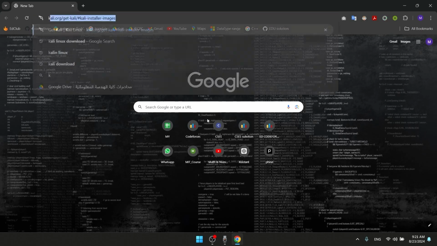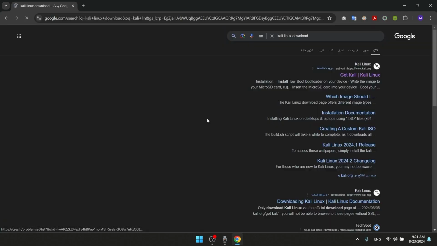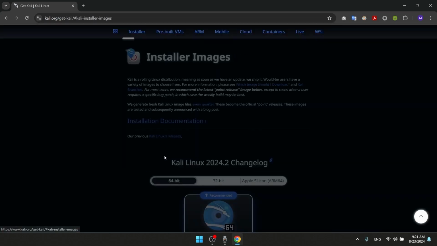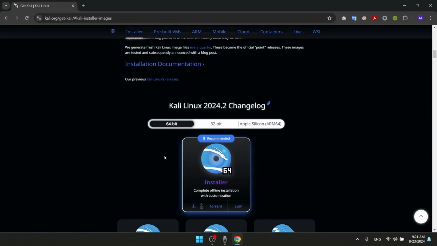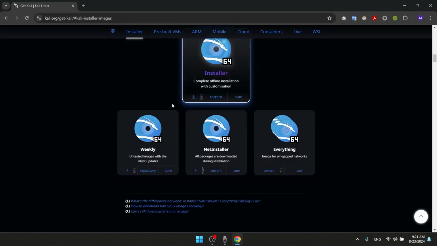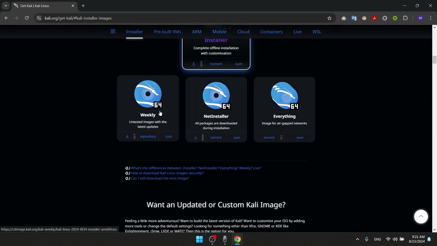type Kali Linux download. Open the first URL, select the installer image, select the appropriate version for your system. For many users, the 64-bit is the appropriate version. Download the 4GB version,